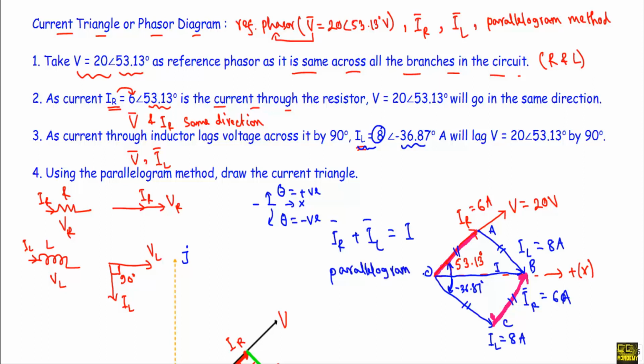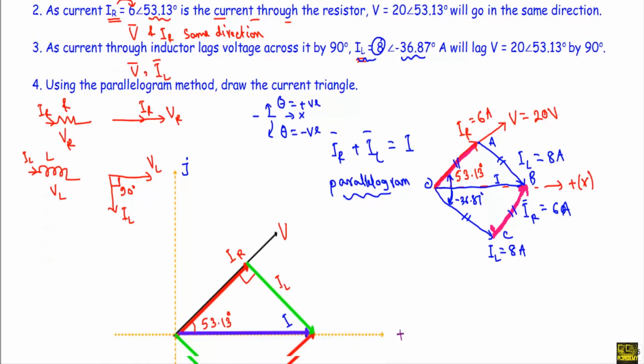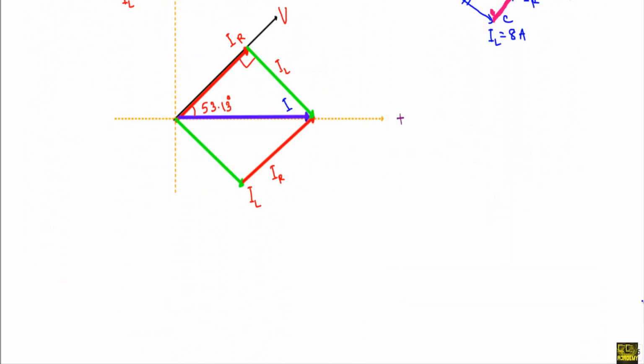We used the equal vector to draw the parallelogram. If you want to see the neat sketch of the phasor diagram, I will get a figure like this. This black line will indicate the voltage phasor whose magnitude will be 20 volt. This red line will indicate